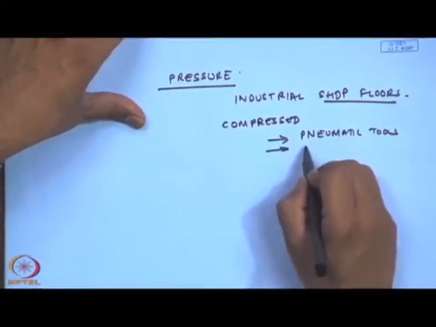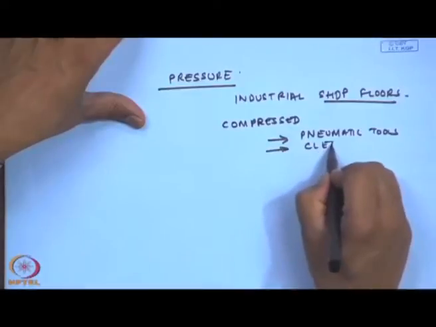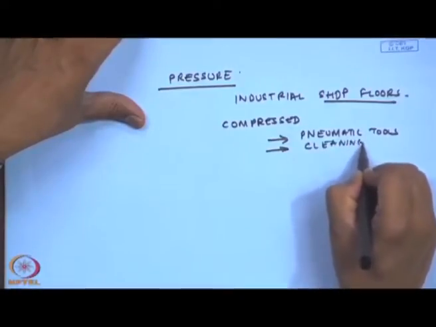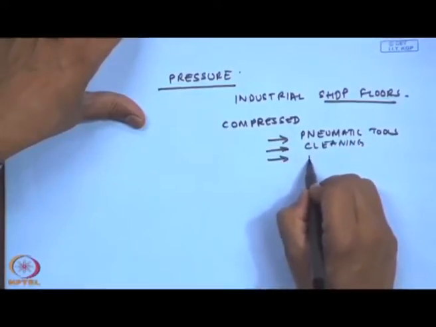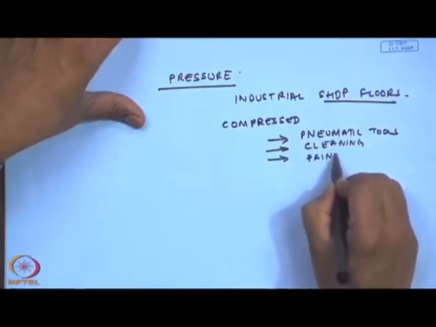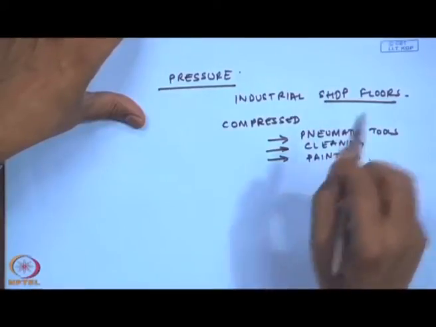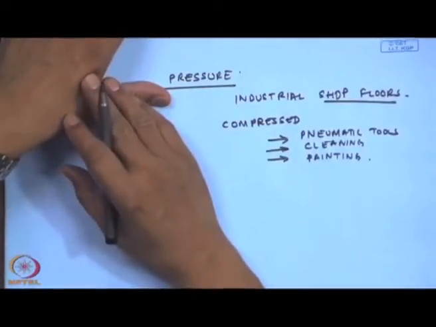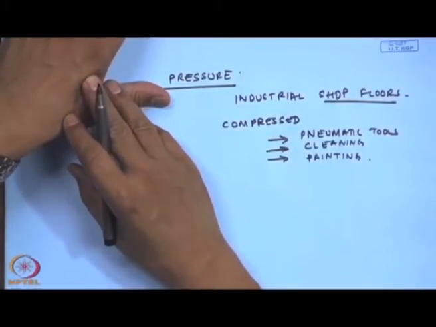Then we have it for cleaning, for painting, etc. So, many auxiliary plant operations are using compressed air, and they usually have a compressed air line,